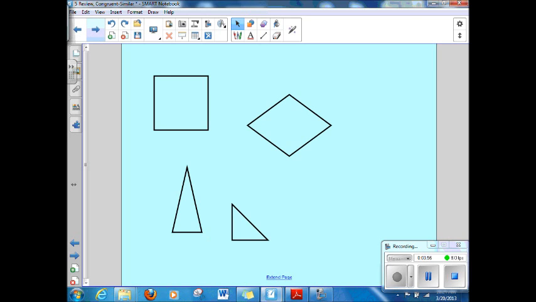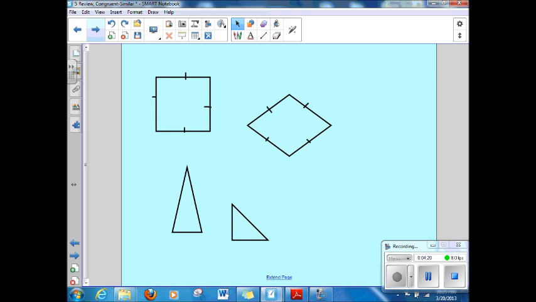Here we have a four-sided figure we recognize, of course, as the square, each side being the same length all the way around. Here we've got our friend, the rhombus, and these are also the same size sides. The sides are all the same, but this figure, the square, is not the same shape or size, so they're